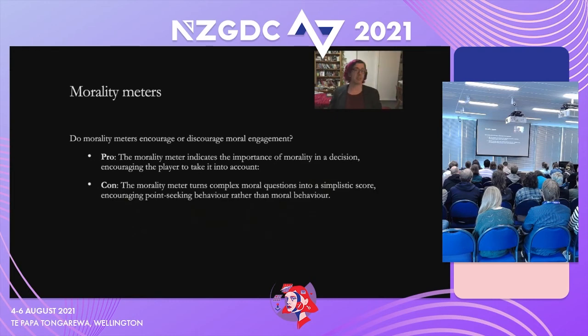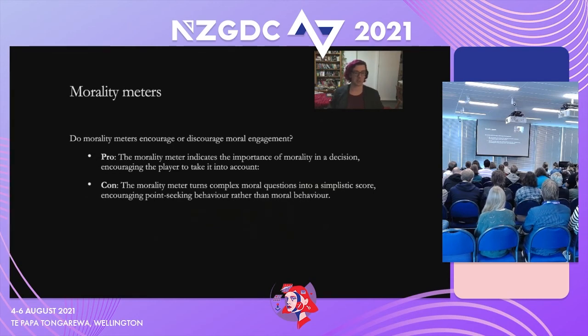So these lenses I presented are largely theoretical, and these have been drawn from moral psychology and through the investigation of a variety of games, but we're interested in thinking empirically and testing them out and seeing what they look like in effect when we use them to design games and how players respond to them. And so we've started doing a variety of experiments by creating games with different design interventions and seeing how they